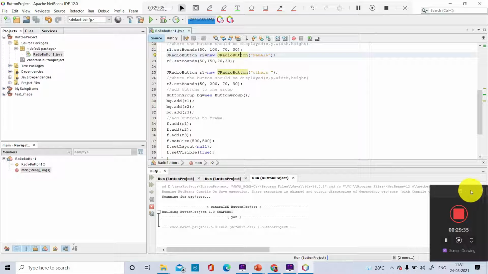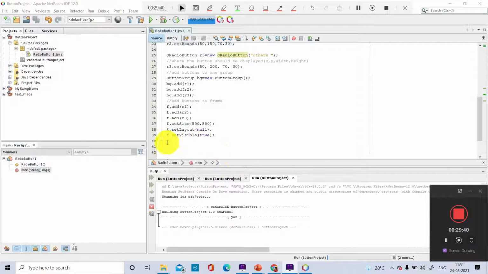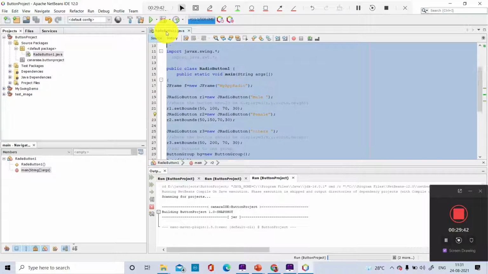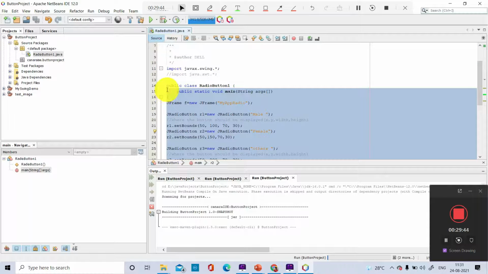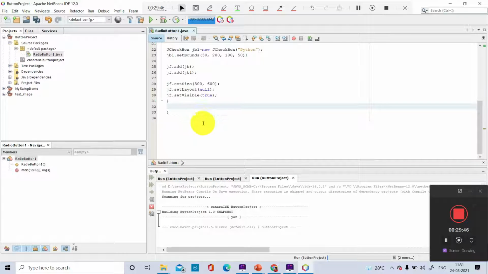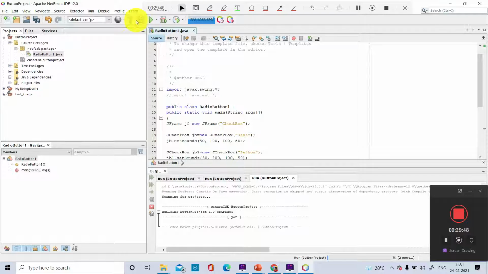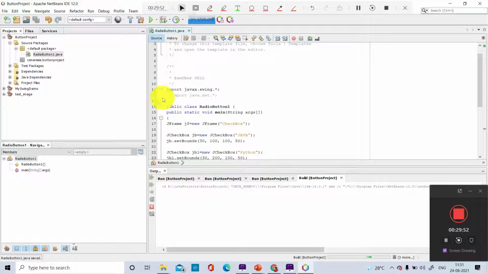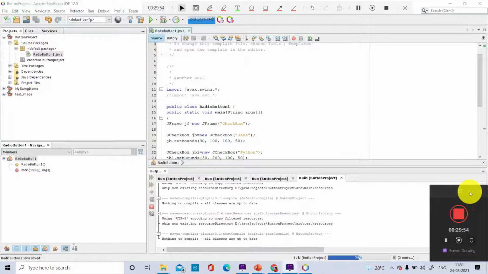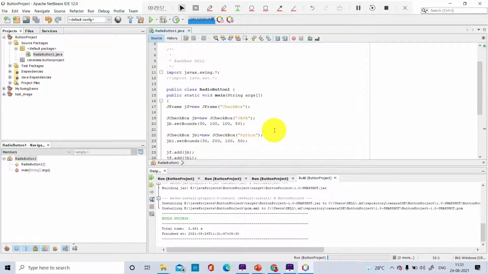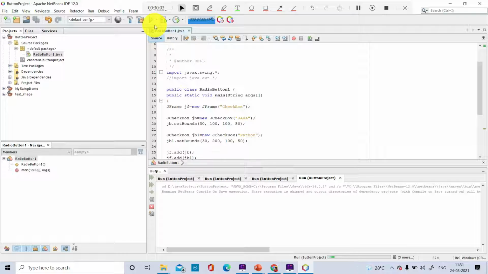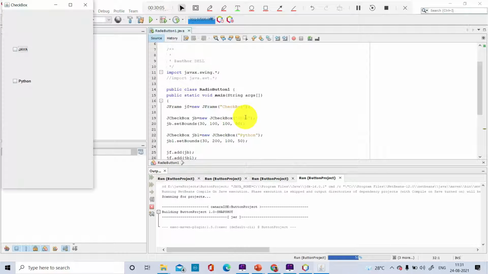I'll simply take you back to the program, and here I am going to change this main part. Remaining things you can leave as they are. Now I have to just build it because I made a major change there. Now this will create two checkboxes named Java and Python. They will be there in these boundaries, wherever you have given the x, y, width and height. And here I am going to run it now.